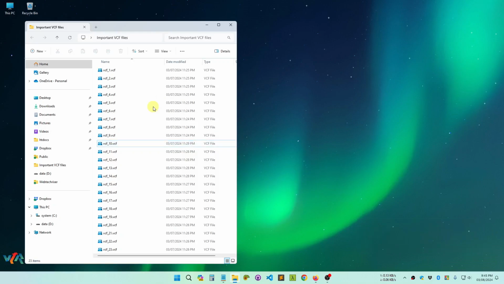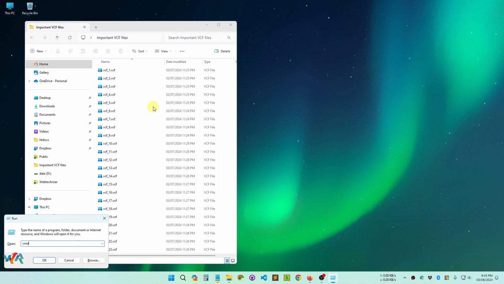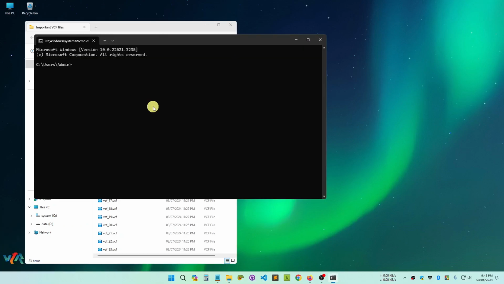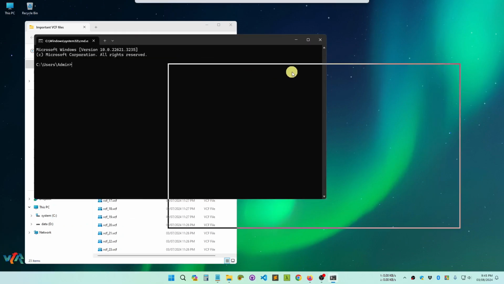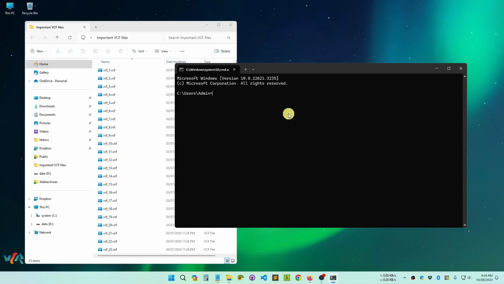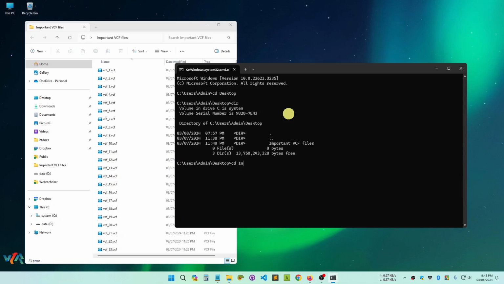Now just go to the command prompt and type cmd and navigate to the folder where you have copied the files. In the Windows operating system, I use cd command to navigate to any folder. Now I am using the cd command. Now you need to type this command: copy